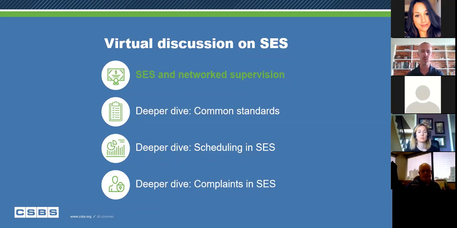And then finally, we're going to close with some slides about the consumer complaints functionality in the system, because I think the convention out there is that SES is an exam system, and that's probably partly because of the acronym. SES stands for State Examination System, so most people think it's only about exams, but it does so much more than that. It does investigations. It will do enforcement actions in the future, and it will very soon do complaints for all agencies out there who process complaints from the consumers. So we want to make sure we call that out specifically on today's call.